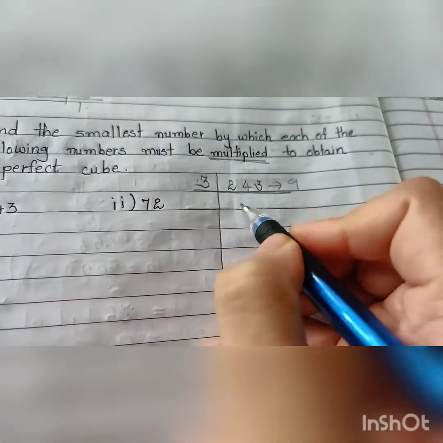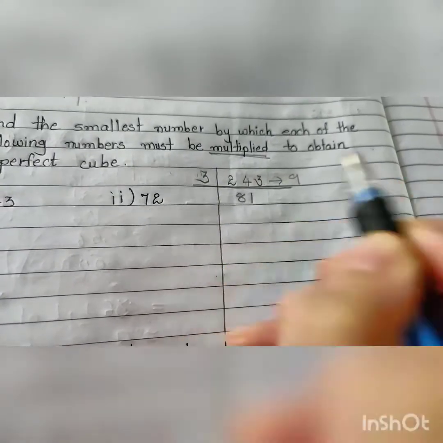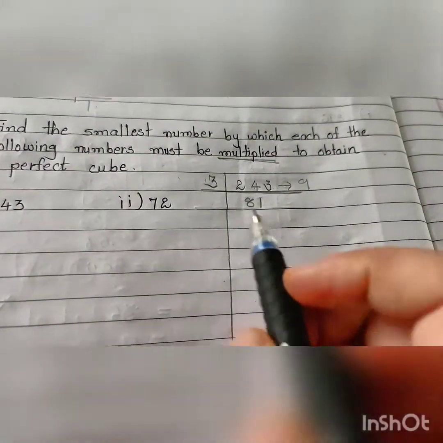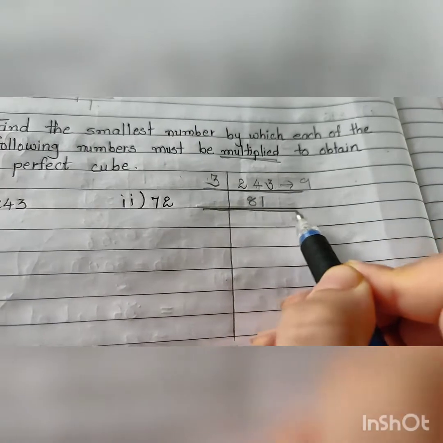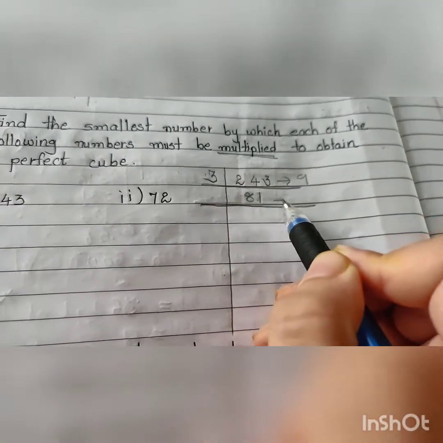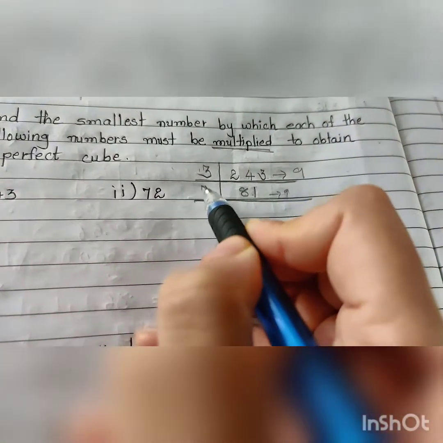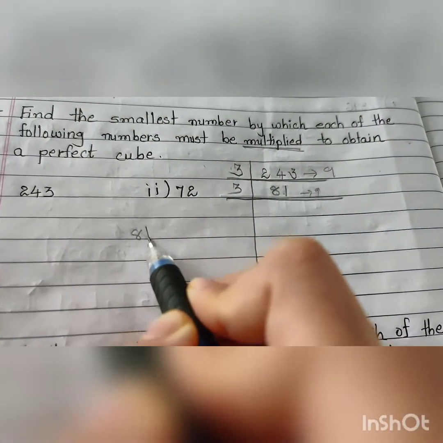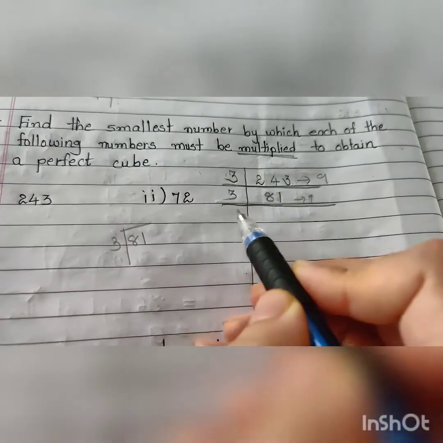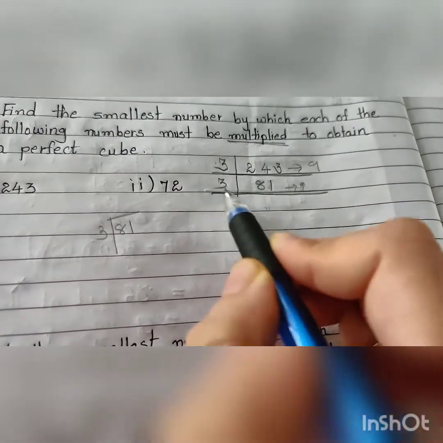So now 3 8s are 24 and 3 1s are 3. Is that clear? Now similar way next, 8 plus 1, 9. Means again that will be divisible by 3. So 3, divide it and check. 81 divide by 3. यहाँ आप 9 9 से 81 नहीं ले सकेंगे.